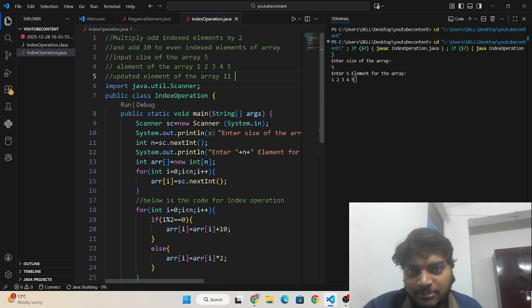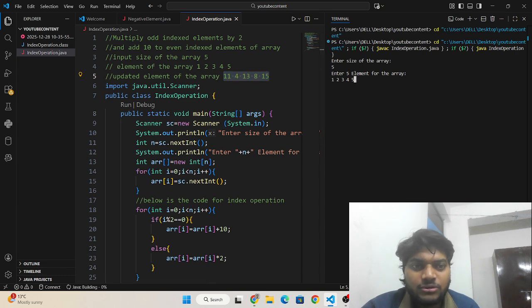So after multiplying, 2 by 2 will be 4, and then it will be 13, then 8, and then 15. You can see, bro, 11 4 13 8 15 will be the updated elements.